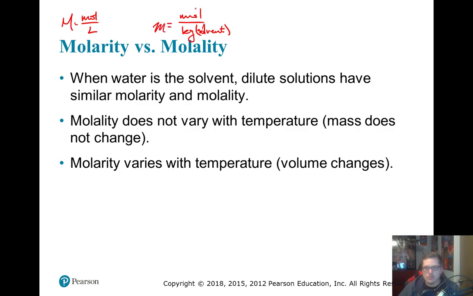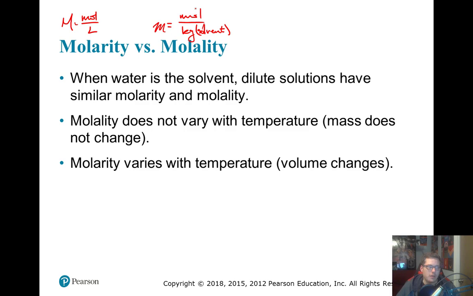So if we have a solution that's water, and we get it really close to the freezing point, water expands as it gets close to the freezing point. So it's going to take up more and more space as it freezes. So as it freezes, the volume of it actually goes up. Okay. So as our solution gets closer to the freezing or boiling point, the molarity can actually